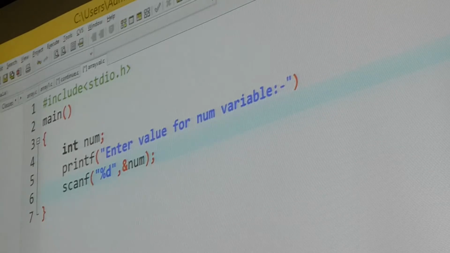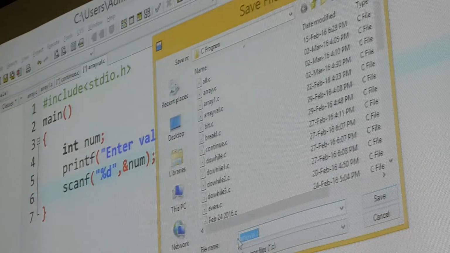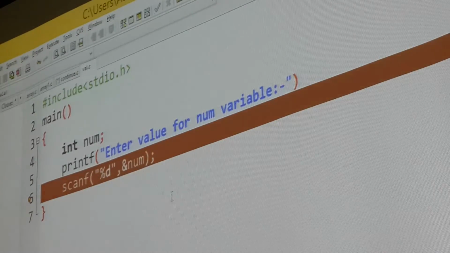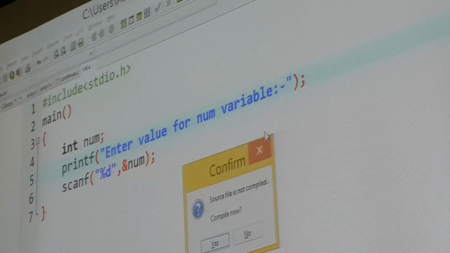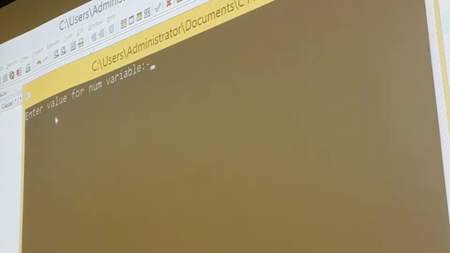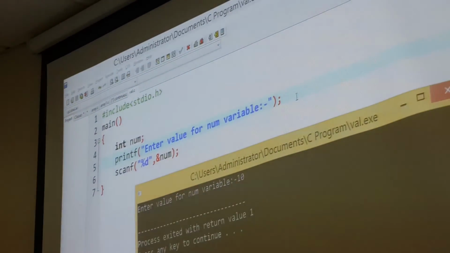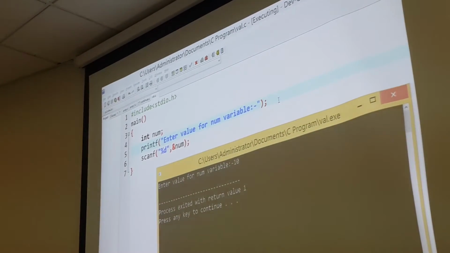Now if I run this program, it says enter value for num variable. I will enter 10. Okay, 10 is there. Now I want to enter 10 values into this variable, into num only.